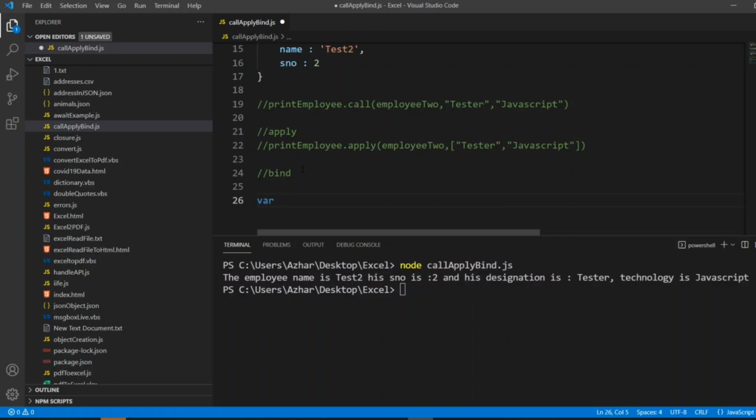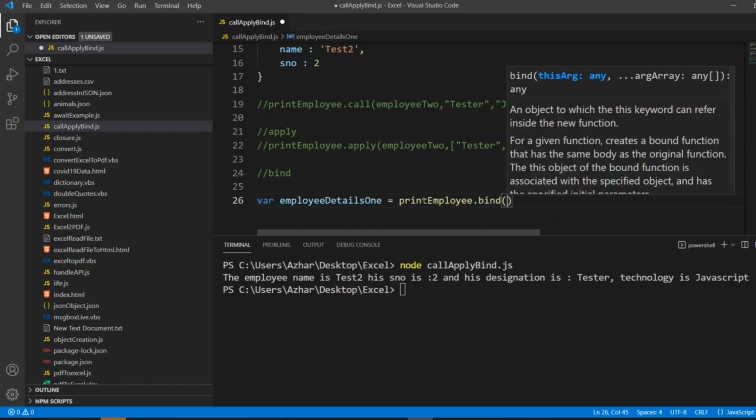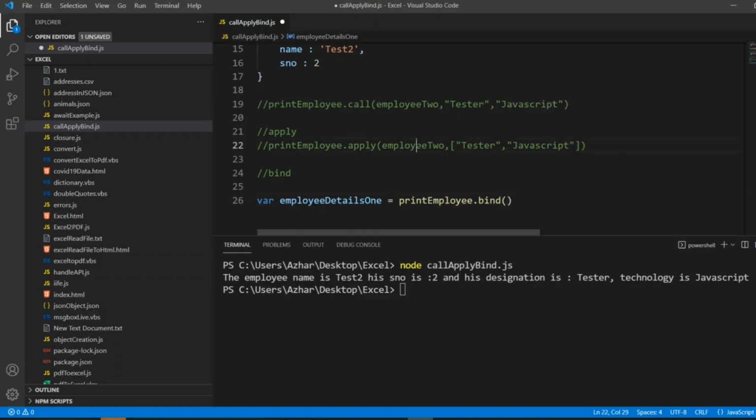I'll take var employee details 1 equal to, I'll print an employee, I'll put dot bind. So bind is a function there, open bracket, close bracket. What I want to exactly bind, second bind employee1, right? So I'll bind employee1,